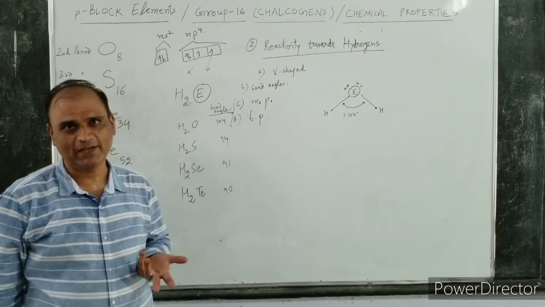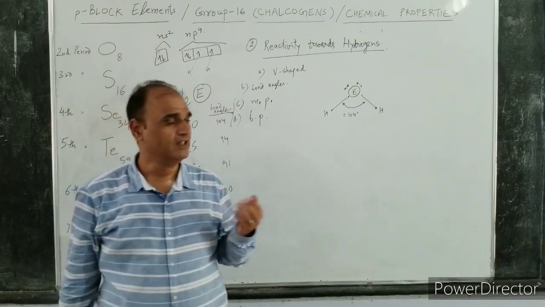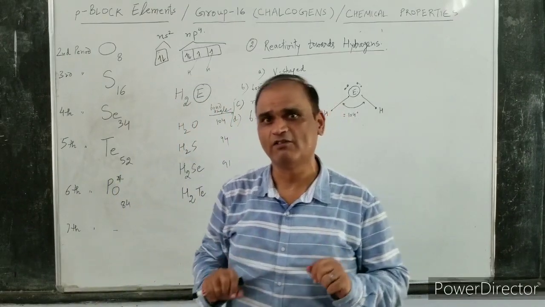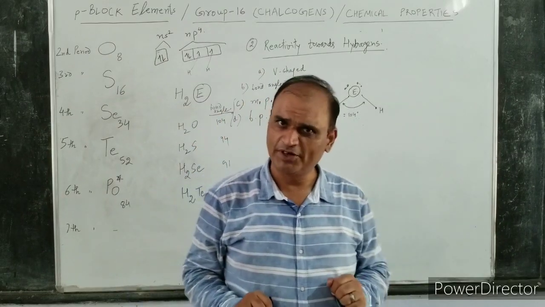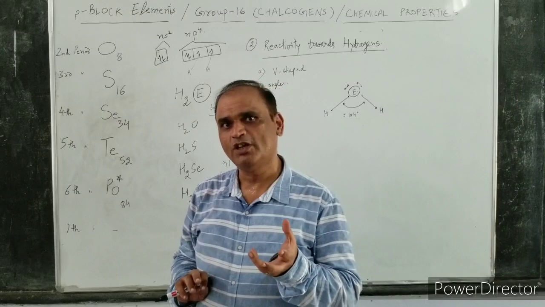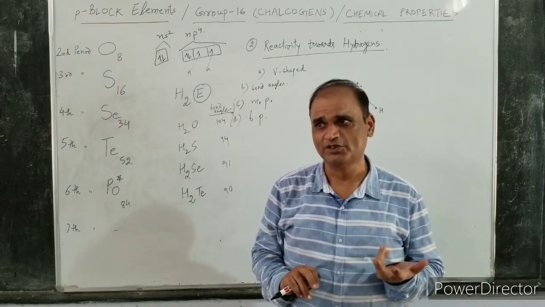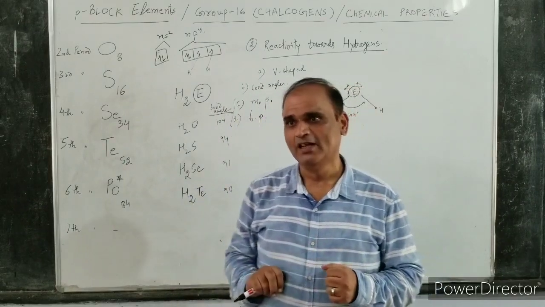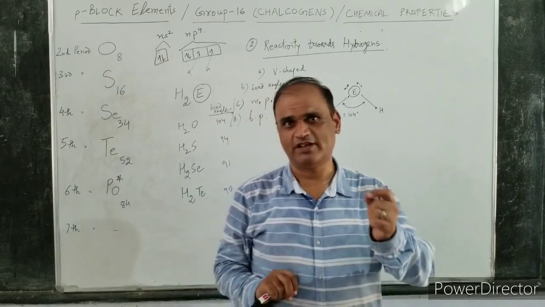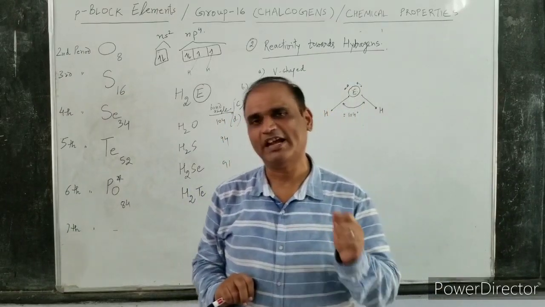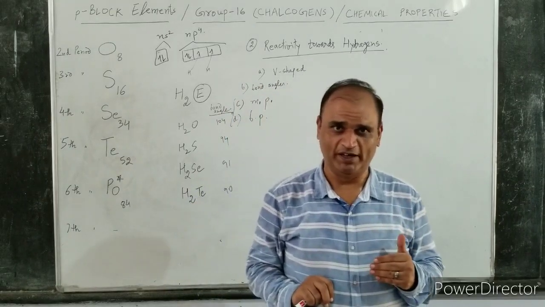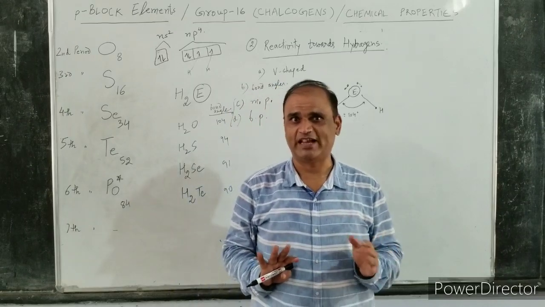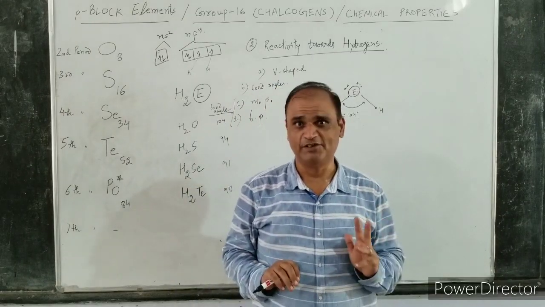These attractions are of several types. You have learned in your 11th class syllabus about dipole-dipole attractions, London forces, and dipole-induced dipole, which are commonly called van der Waals forces of attraction. Then comes H bonding. Generally, neutral non-polar molecules have London forces. Polar molecules have dipole-dipole, or ion-dipole in case of ions. But when an H atom is directly bonded to a highly electronegative atom, then H bonding comes into play. You must also remember that the strongest of these forces is H bonding and the weakest are London forces.